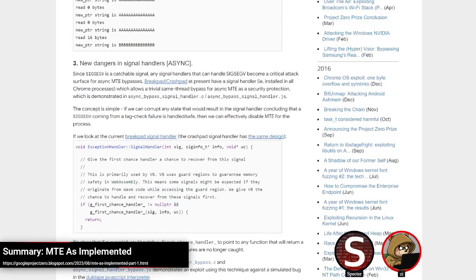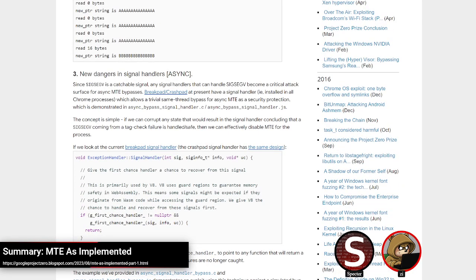The third one they call is just dangers in signal handlers. So when you run in the async mode, the kernel is going to signal your process that, hey, something happened, and you have the opportunity to handle that signal.